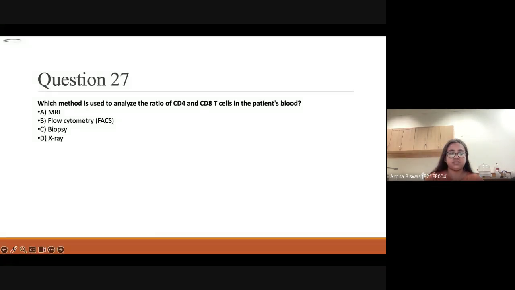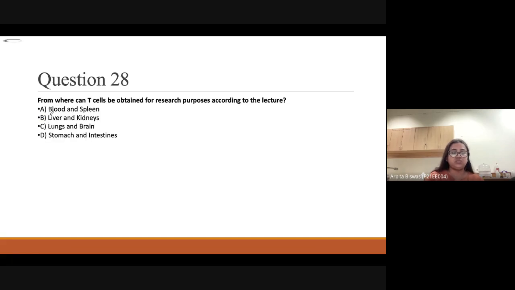So what is the right answer? Flow cytometry. Okay, option B is the right answer. Next, move toward question number 28. From where can T cells be obtained from